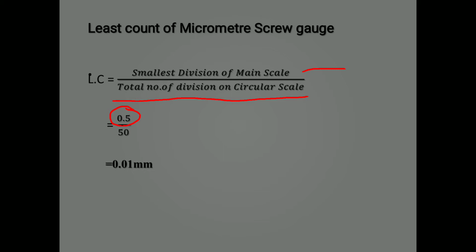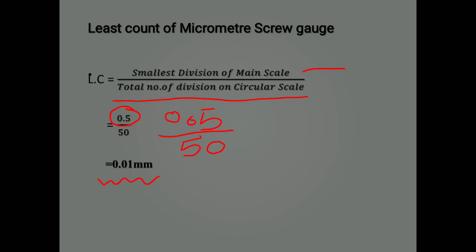Here the smallest division is 0.5 and the total number of divisions on the circular scale is 50. So we get the least count as 0.01